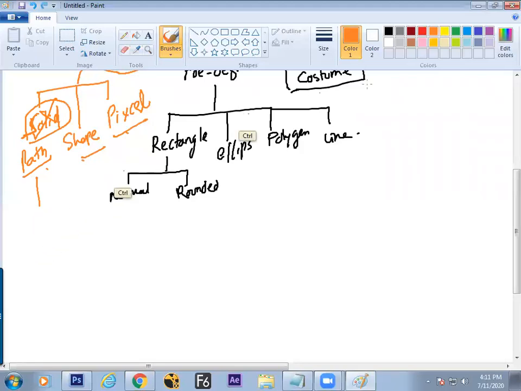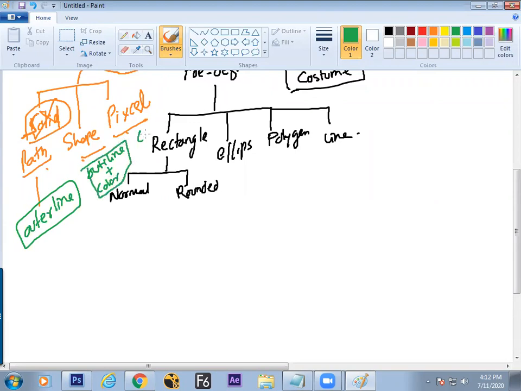You can consider it as path, only the outer line. I'll go to the practical, but I'm just making your theory strong now. Shape has outline plus color. Two are there in shapes. But in pixel, only color, no outline.